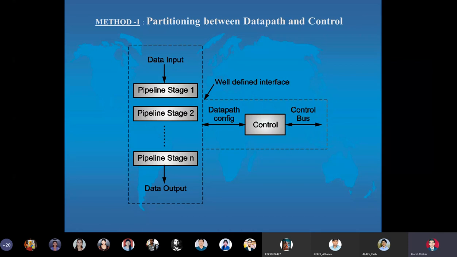And we see here that there is a control path which is defined by the control unit and the control bus, and there is a well-defined interface. So as I told you, physically the system is one, but so that you can functionally segregate them for troubleshooting and better management, there are functional boundaries defined which are actually logical in nature. So yes, here when we say well-defined interface, we do not mean only a logical interface, we actually mean a physical interface, because we know that control bus and data bus need not operate at the same